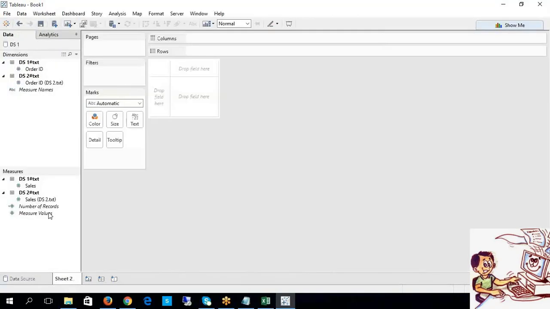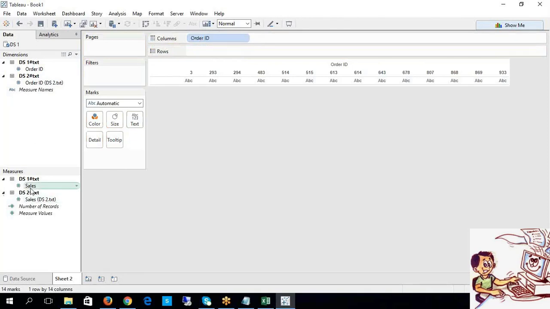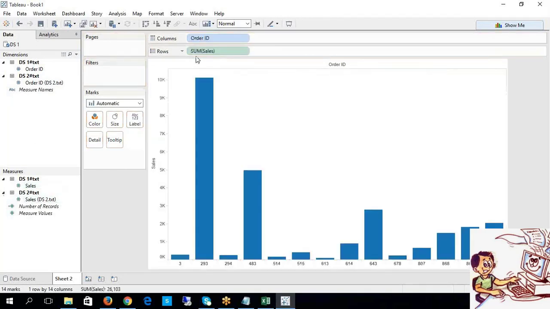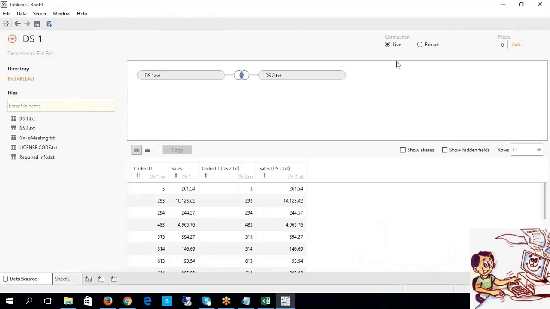I'm going to use this now. Now, by default, guys, a live connection is always established. Now I'm going to make some changes at my source file level.